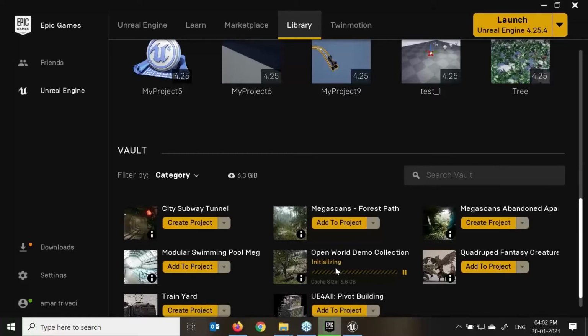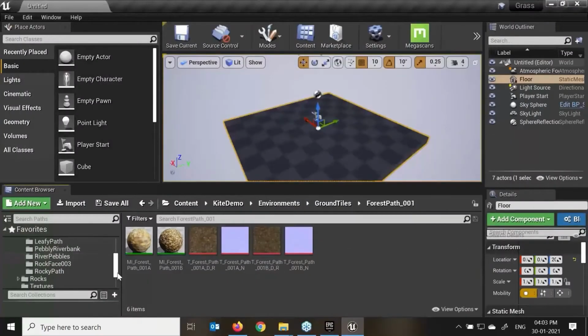See, there are different level editor panels we need to understand. The mode panel is different. The view panel and level editor are different. We'll try to see the outliner, the world outliner editor, as well. If a faculty is taking a demo or lecture with students, they need to show the difference between the Unreal Engine and the Unreal Editor. With the help of this editor, we can create games. In Unreal Engine, we can play games.